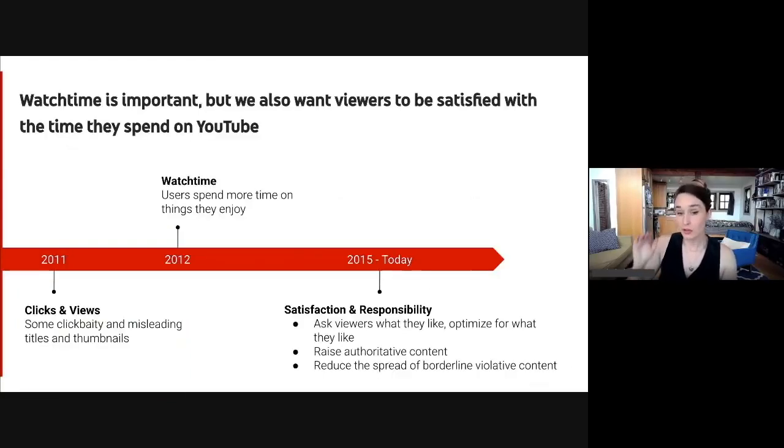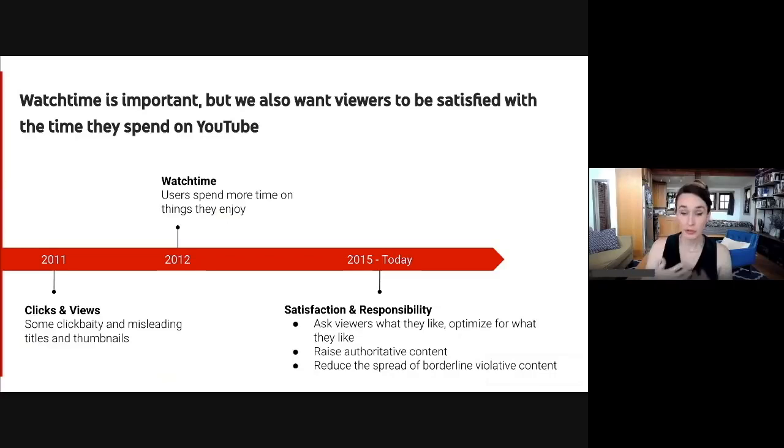Now, although our goals have always been the same, what we optimize for has changed over time. If we go back to 2011, we were optimizing for clicks and views. And this was not unique to YouTube. I think many platforms started recommending videos that people were just likely to click into. But that's not that great of a metric because it may indirectly incentivize clickbaity or sensational titles or thumbnails that get people in to watch a video, but it doesn't make them very satisfied or happy. And we received a lot of viewer feedback in and around the 2011 time period that a lot of the viewers' homepages or recommendations were these sensational or off-putting videos.